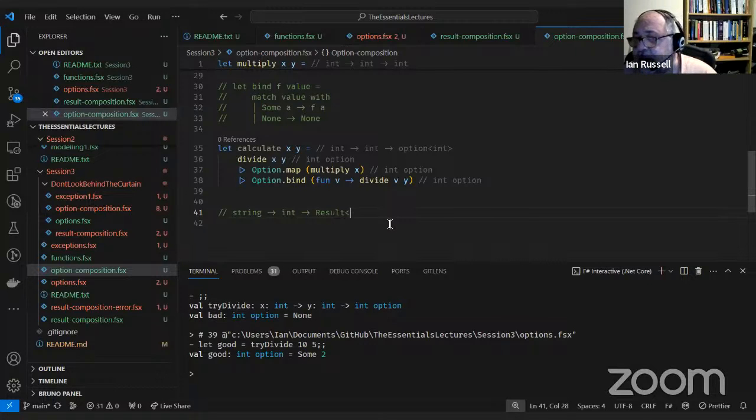Now that customer may exist or may not exist. So you're going to return a customer option. If it's a customer, you get Some customer. If you can't find it, you get None.